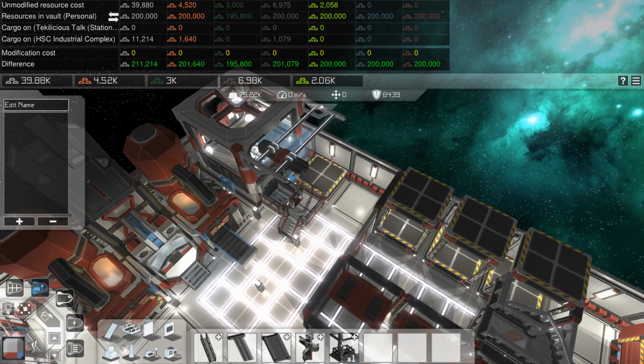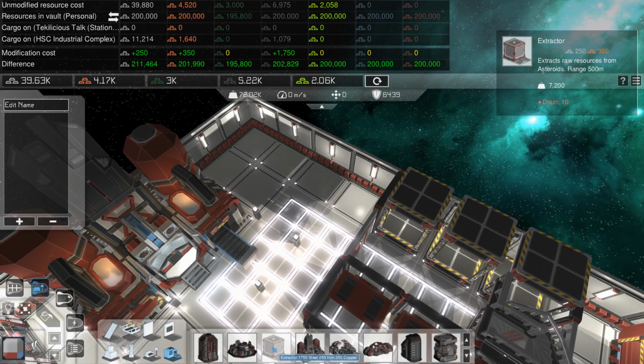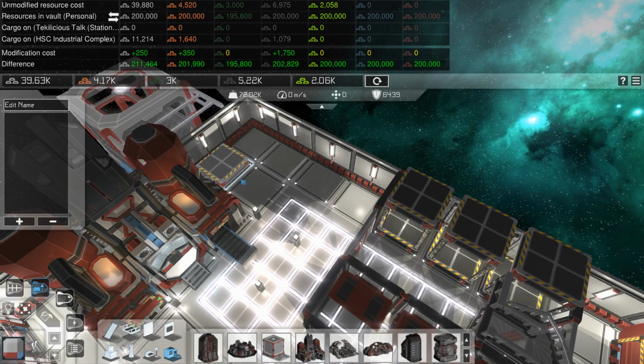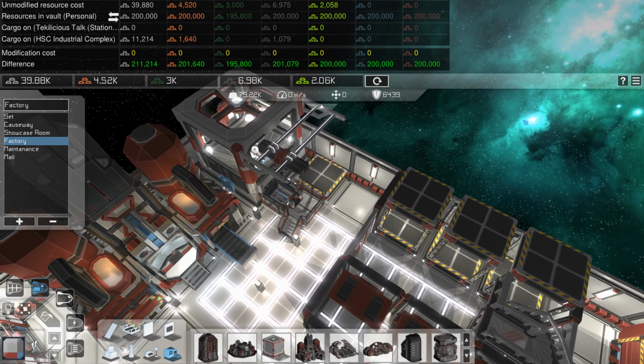This extractor right here has an extraction cartridge in it. If I delete it and I reinsert another extractor, in the past, that extraction cartridge wouldn't be in the new one. It got deleted with the old one. But now with this update, when you delete something while modifying a ship, it actually stores the one that was deleted. And when you insert a new one, it grabs that from that magical storage location and places that instead